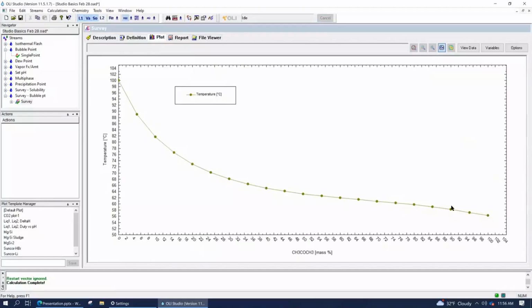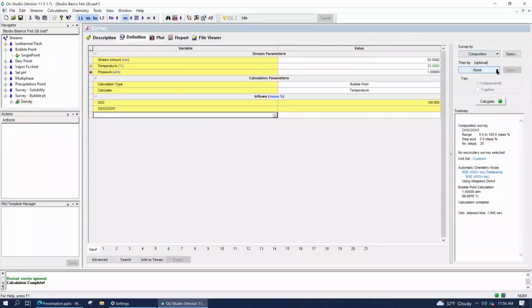AJ, can we do this in a kind of 3D plot? For example, water, hydrocarbon, and let's say H2S. Like a ternary plot, yeah. Yes, we could, because really what we could do here, if I stay with the same story, is add another composition survey. The only thing we can't do in that case is plot it, because we only have a 2D plotting tool. You have to bring this to another tool in order to look at that ternary. It's okay. It's still very helpful. Yes, and we can do that calculation on Thursday.